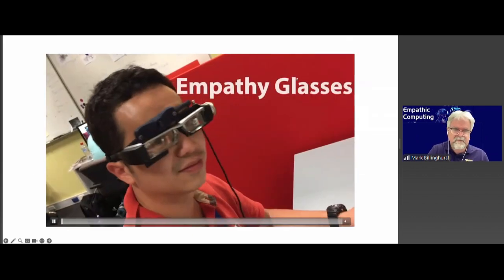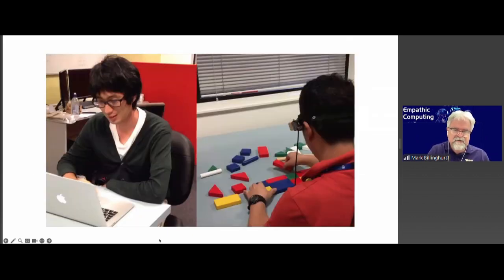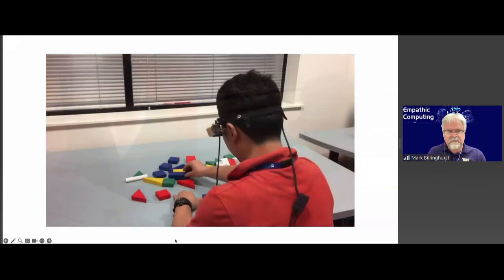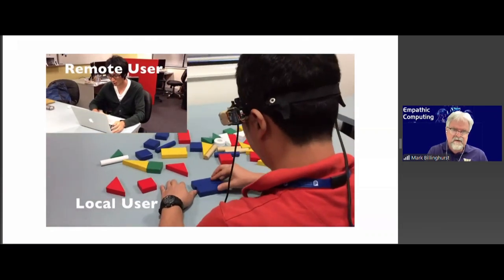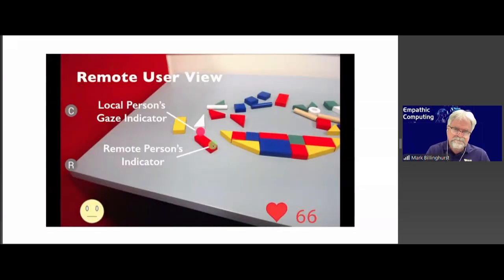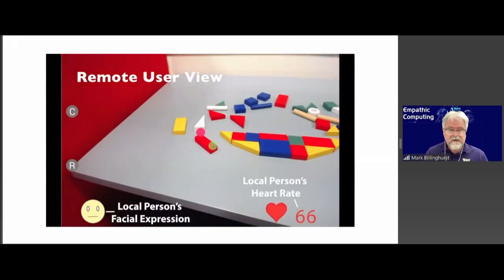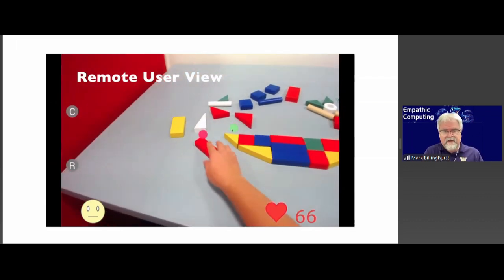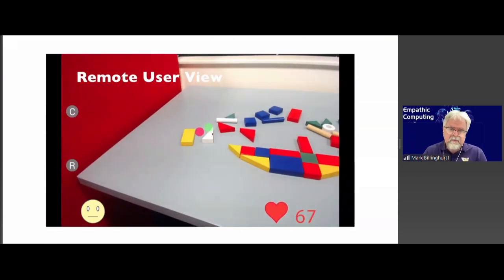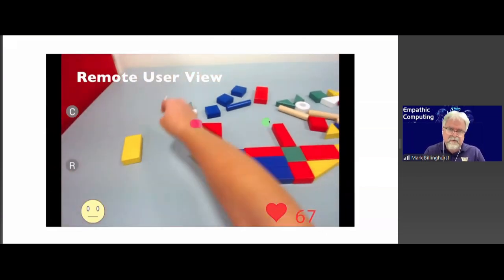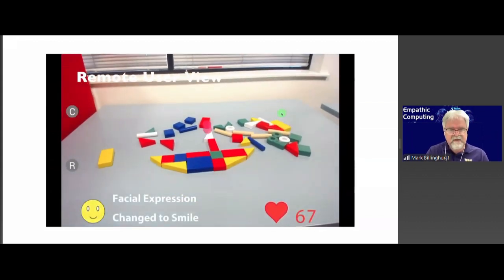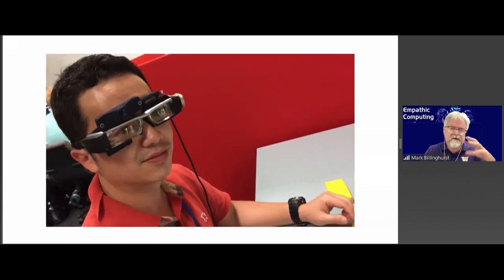So here's a video of the system working. You can see the person wearing the technology there. In addition, he wore a heart rate sensor on his wrist, and then he's engaged in completing simple pictures out of blocks. And you can see here he's making the picture under the guidance of a remote person. So the remote person is now telling him which blocks to put. And then the remote person can tell him if he's paying attention or not because the red pointer will follow the green pointer. And that's really important because people always look at objects before they pick them up. So we have this implicit communication cue of whether or not the person's paying attention to his gaze or not. And then when he completed the blocks, he started smiling and the icon changed.